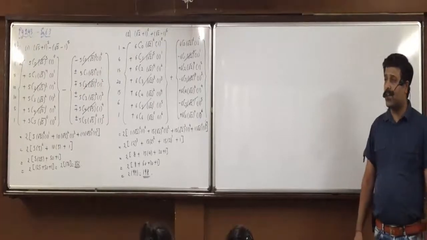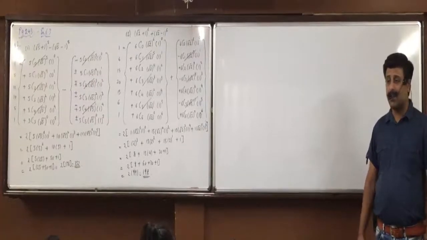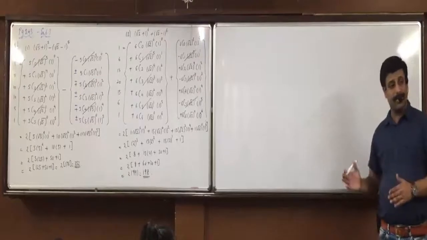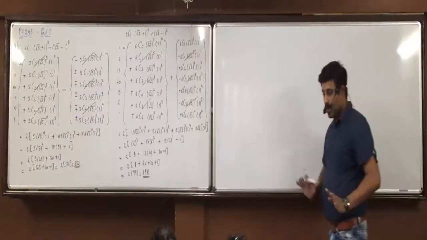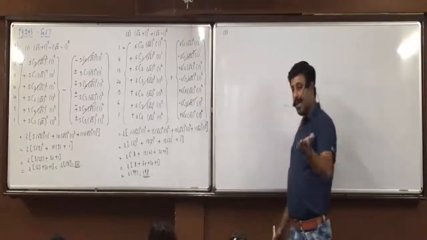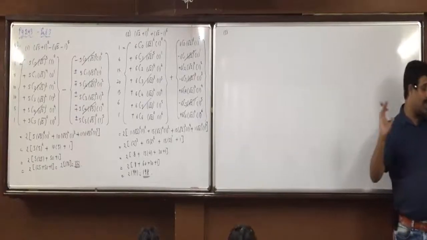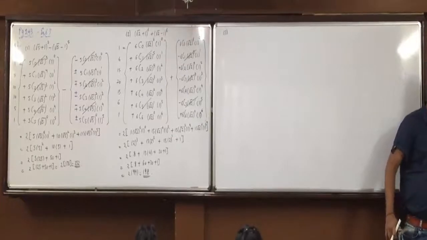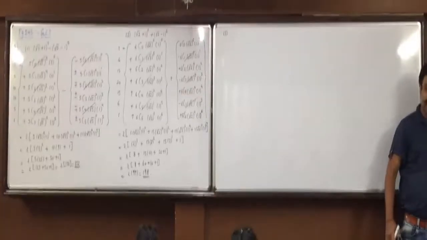Actually third one you need to try it on your own, but I want to finish the chapter. So you'll try, then again I'll do it. We'll do it together. Okay, so third question. You can keep doing it on your own and I'll do it on the board. So you do it on your own without seeing it from the board. And you can verify whether your answer is right or not.